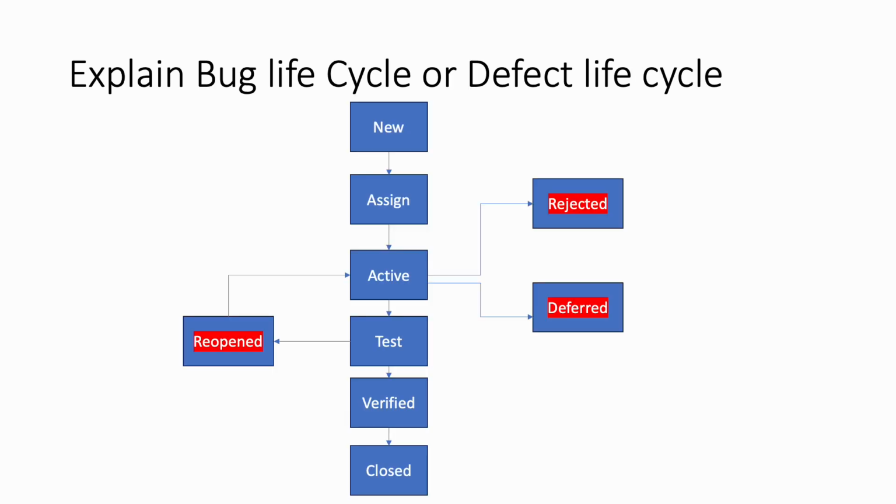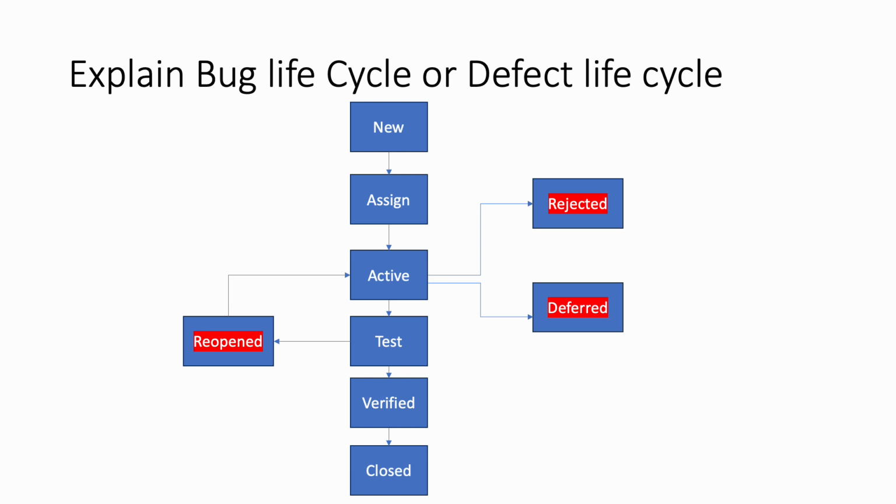And what is bug life cycle? What is a bug, by the way? A bug is nothing but, that is not a human error. That is a computer error or a program error. That program mistake gives us something that we don't expect, right? Once we find one bug as a tester, what are the different phases the bug should go through?